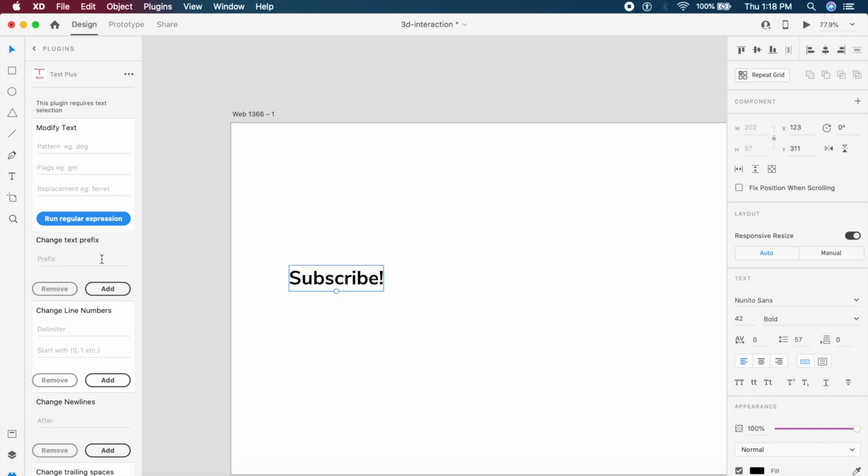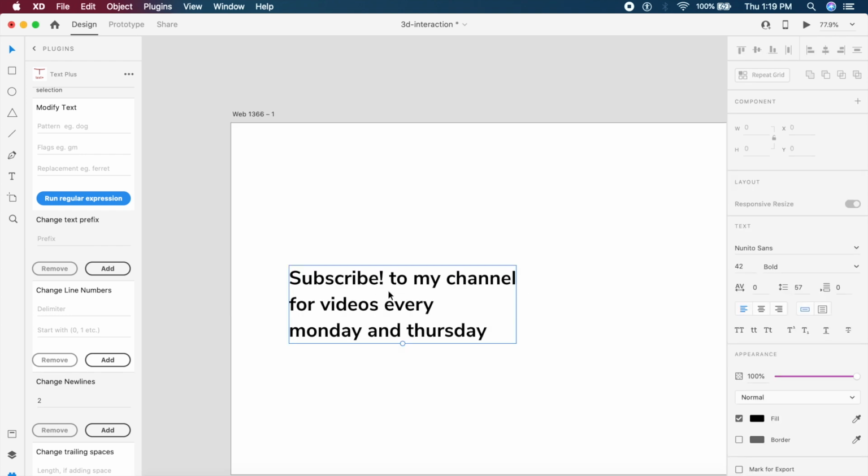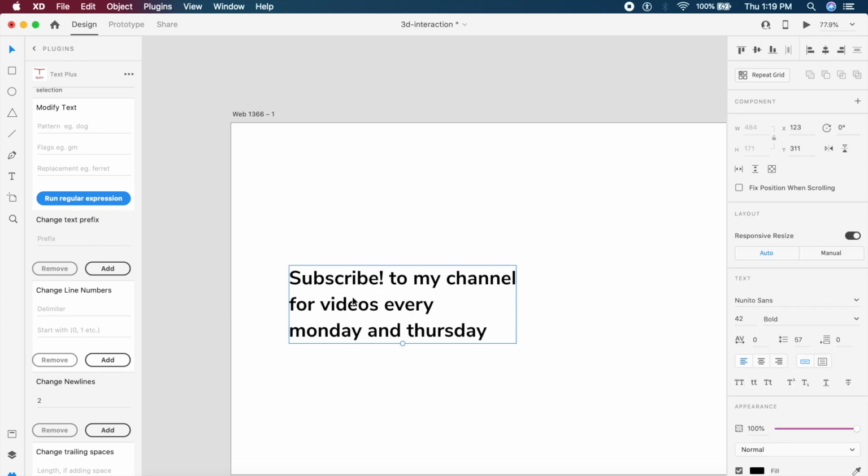So for example, I want the text to have a prefix such as number 1. So I'll add a 1 and then just say add. This will add a prefix to my text. And in case we have multiple lines, it has so many new options as well. I can even give line numbers. So 1, 2, 3, 4 for bulleted points. I can start with 1 and just say add. And in this case, it creates an automatic bulleted list right here.